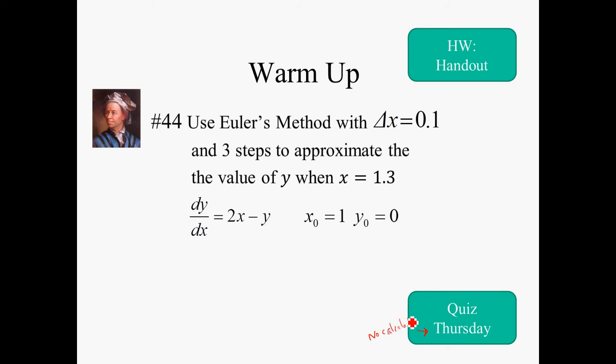So when I ask you a question like this, what I'm looking to grade, and this I think was number 44 from last night, notice I give you how many steps I want, which I didn't really have to do if I give you the approximating value and delta x. Whether you set this up with equations or the table, the only thing that is going to be graded